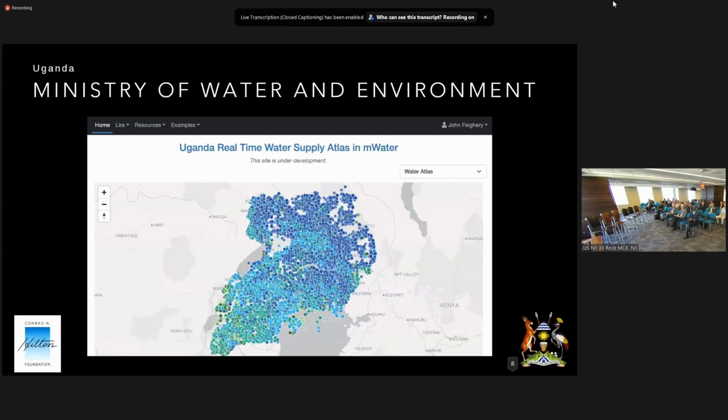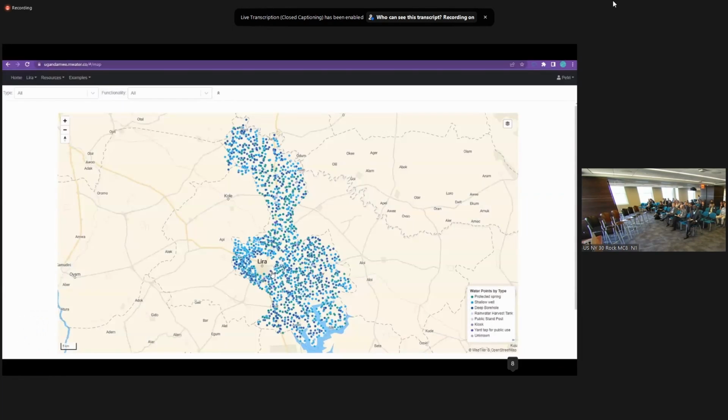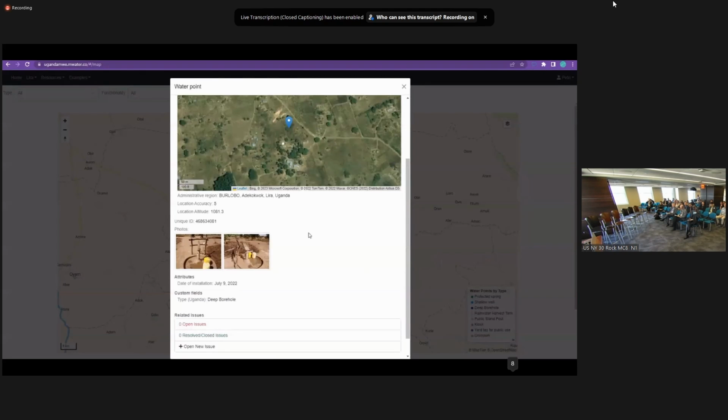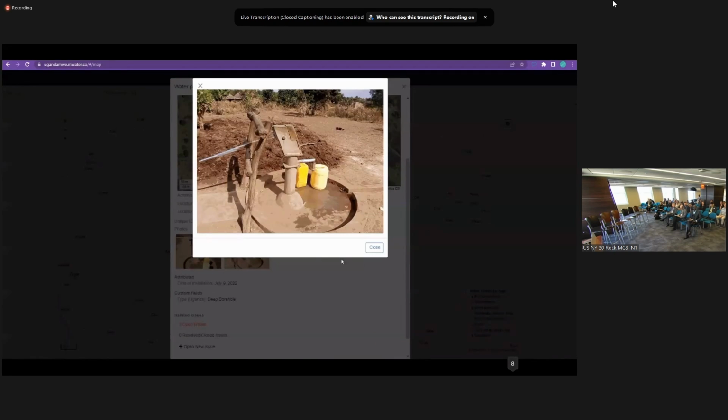More recently, it's great to have a representative from the Republic of Uganda here with us today, because I just came back from there where we were working with the Hilton Foundation, who was interested in the baseline of a particular area. But they were also interested in making a sustainable data investment in the government data systems. And by doing that, we were able to take what would have been a once-off data collection event that would have been maybe feeding one of these international repositories someday, eventually, up to the government.